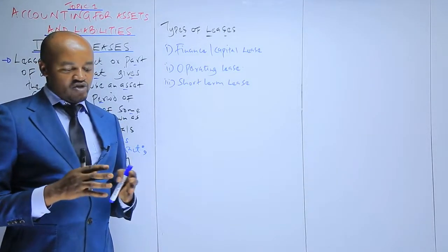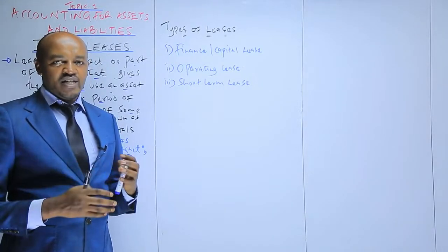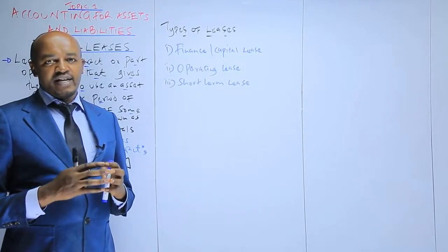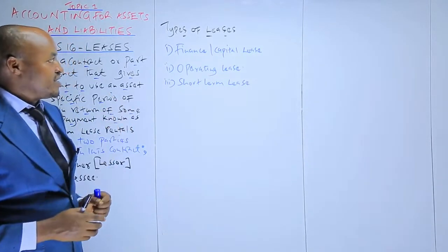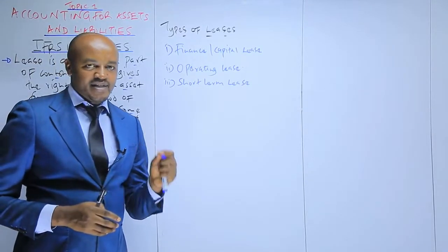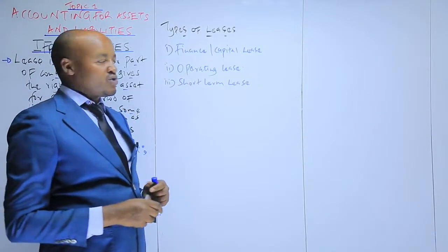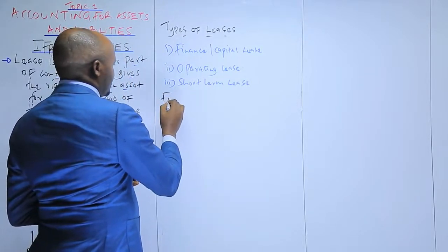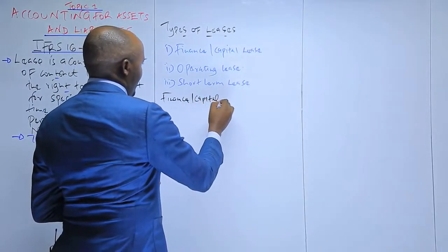Now, first of all, when we talk about a finance or basically a capital lease, we say that these are particular leases which transfer substantially all the risks and rewards associated with the asset to the person who is called the lessee. So therefore, with that lease, the risk and also the reward associated with the asset will be transferred to the lessee. So we can say that a finance lease, which is also known as a capital lease,